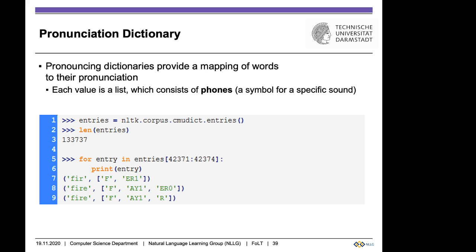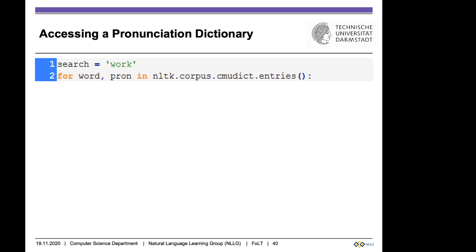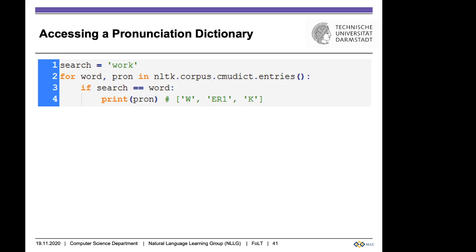Now, if we want to access a particular pronunciation by searching for a word, the first thing we can do is iterate over every word and pronunciation in the dictionary. Then we check if the word is equal to the search word. If so, we just get the pronunciation we want. But this algorithm runs in O(n) time, where n is the number of